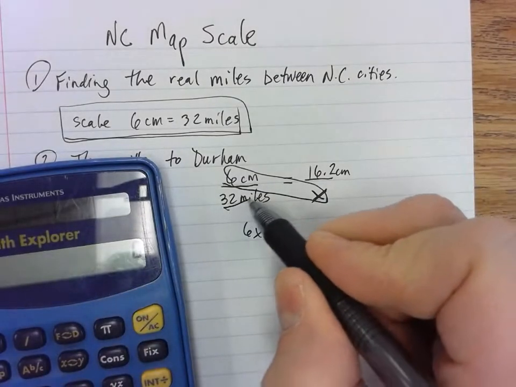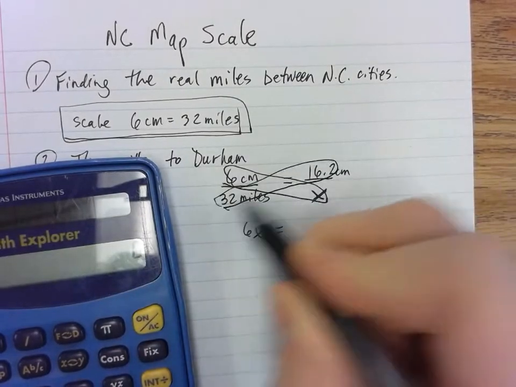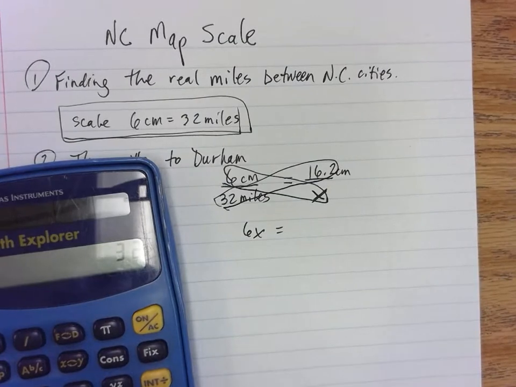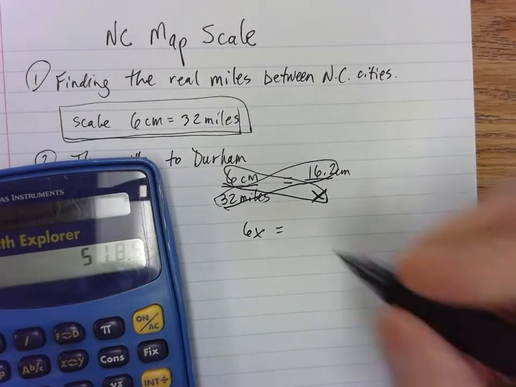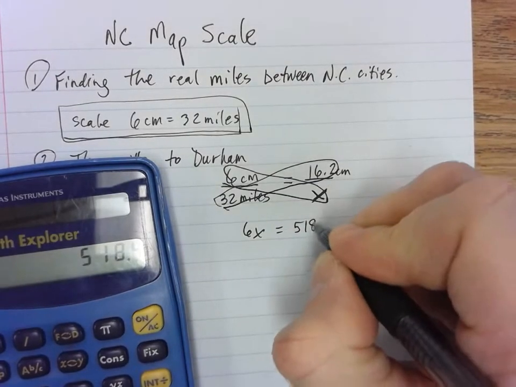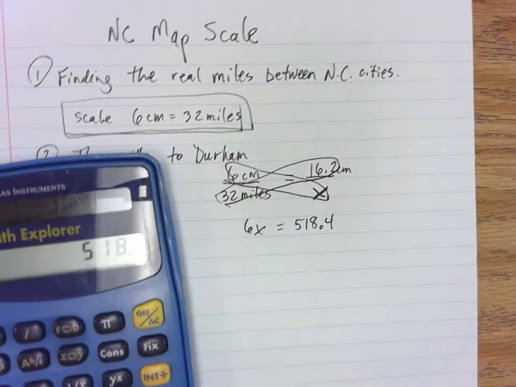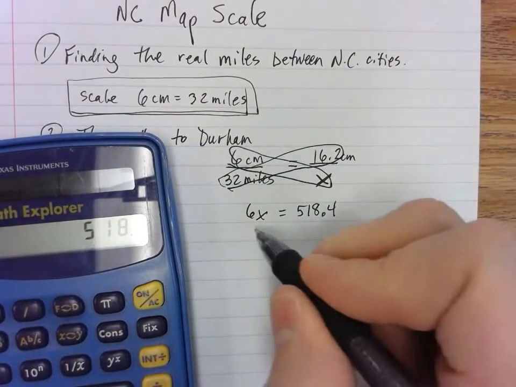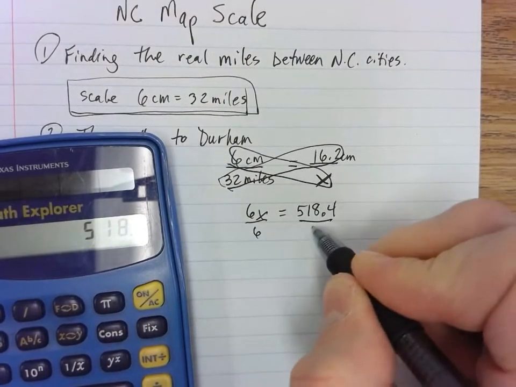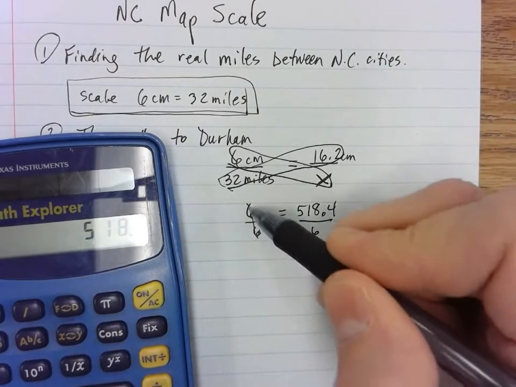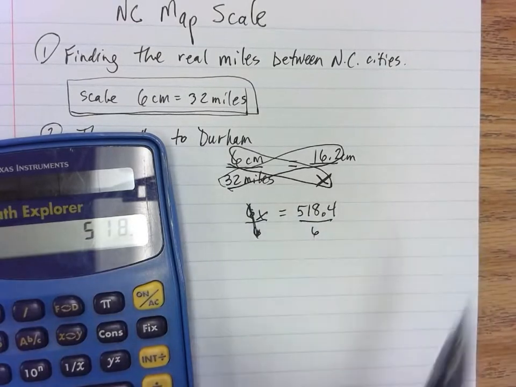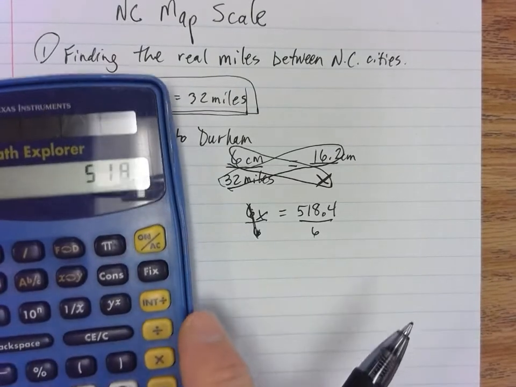Now I got to do my cross product here. 32 times 16.2, and that is 518.4. All right, now I'm going to divide by 6 on both sides to solve this, because 6 divided by 6 is 1. They cancel out. So now I'm going to do 518.4